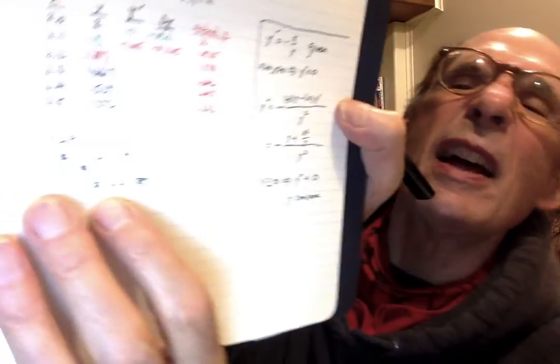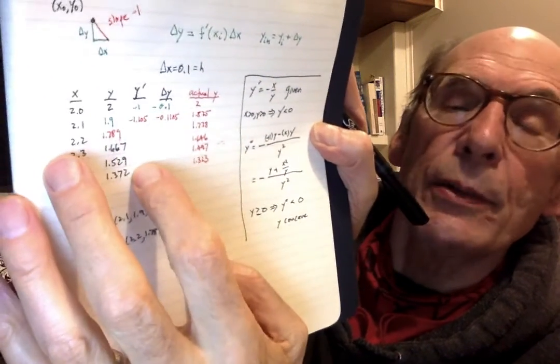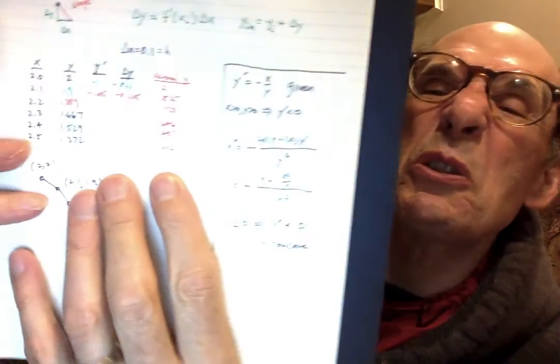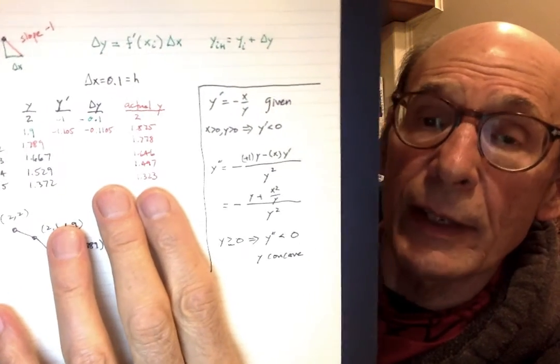If y is positive, it's the opposite sign. y double prime is negative, so y is concave down. So you're seeing some of that here, and you're seeing some of that here because the y primes that you get are decreasing, and you see that here. It looks like they get turned down, and in fact they do. And you see that in the actual solution that the concavity is